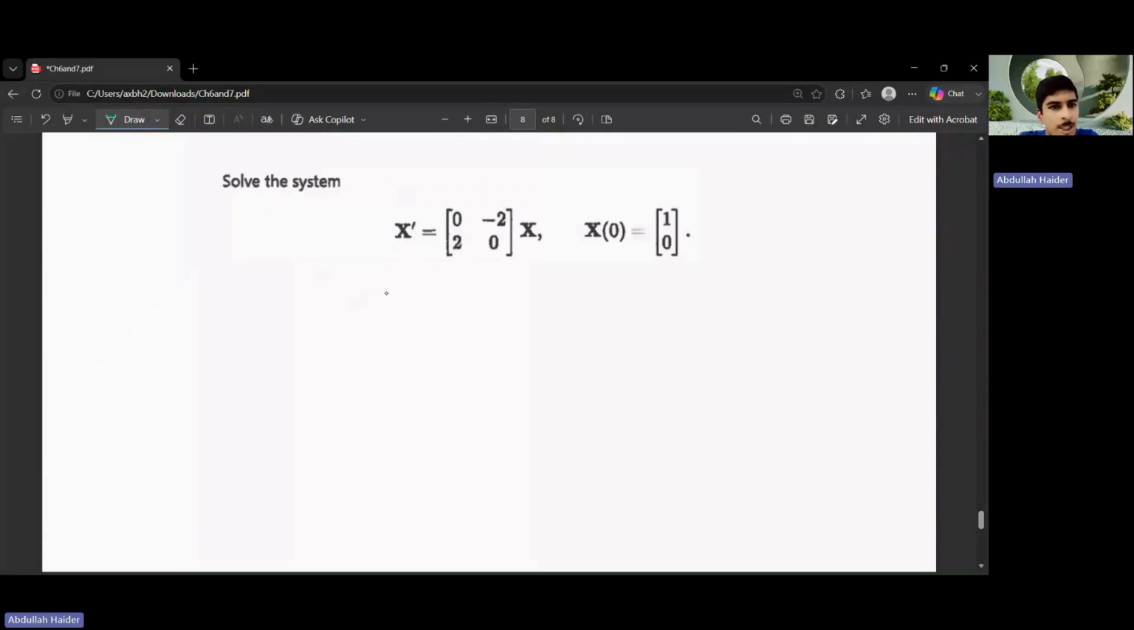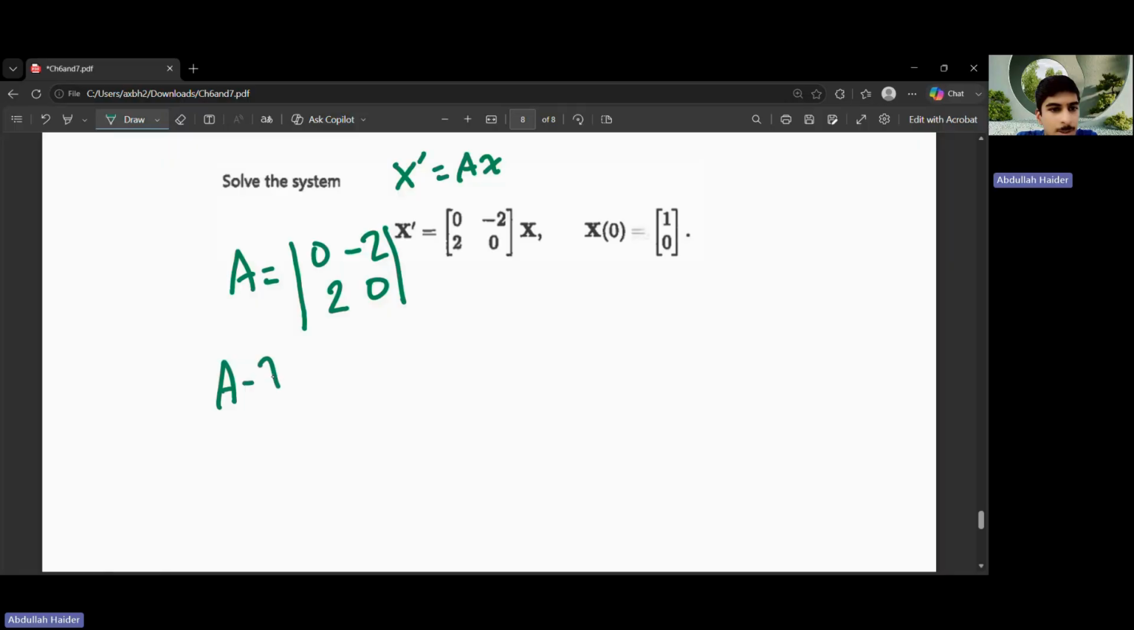All right, so now I will be discussing complex eigenvalues. So basically, this is a question: x prime equals Ax, and your A is 0, minus 2, 2, 0. And we want to solve this question. This is the chapter 7 question, but this time you will get complex eigenvalues, and you need to know how to deal with that. So if I do A minus lambda I,